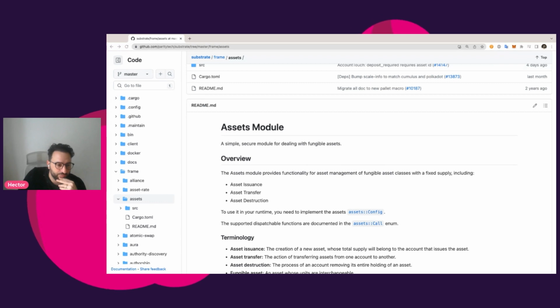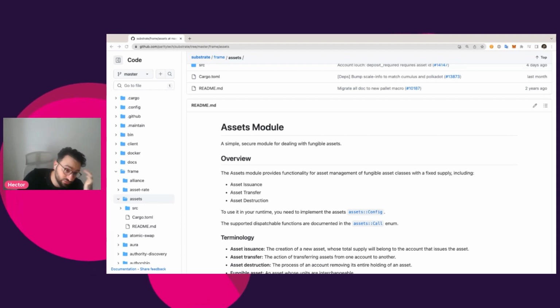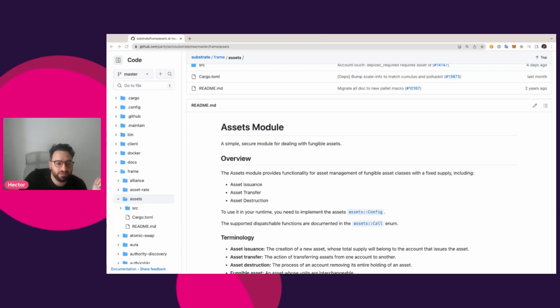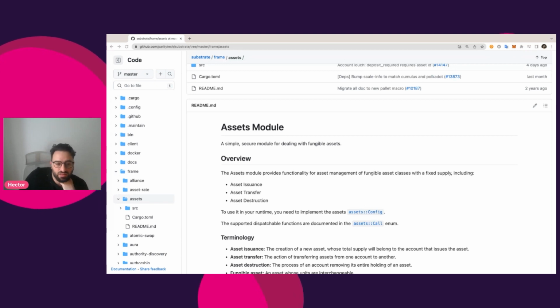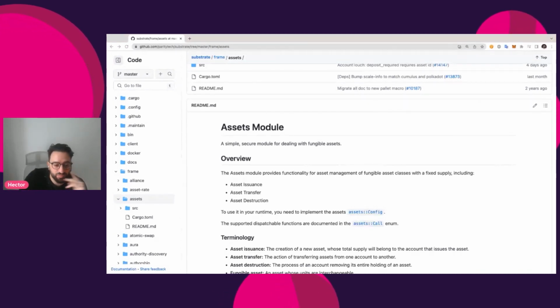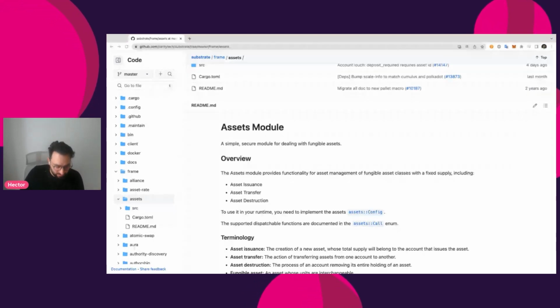So let us start speaking about the config trait. This trait basically defines which types you are going to receive from the runtime. You have, for example, the asset ID parameter. This is important, in my opinion, the currency. If you check what kind of type is expected here, it is a reservable currency. And this is kind of important because, for example, oh, I think I deleted by mistake. But for example, if you look for this type